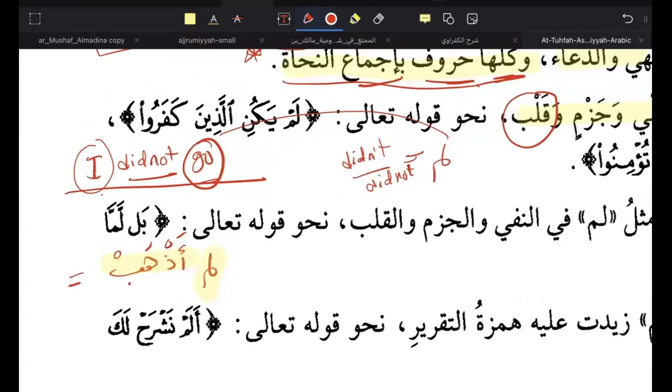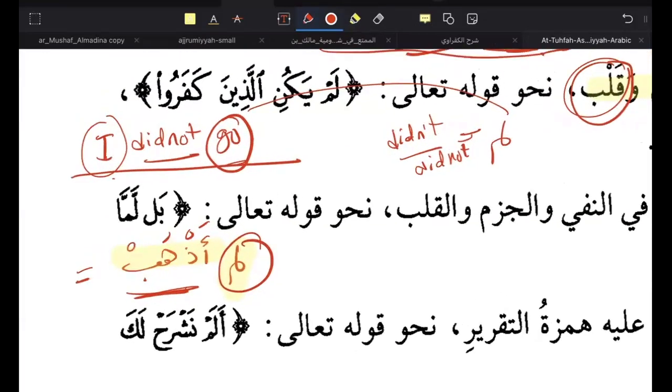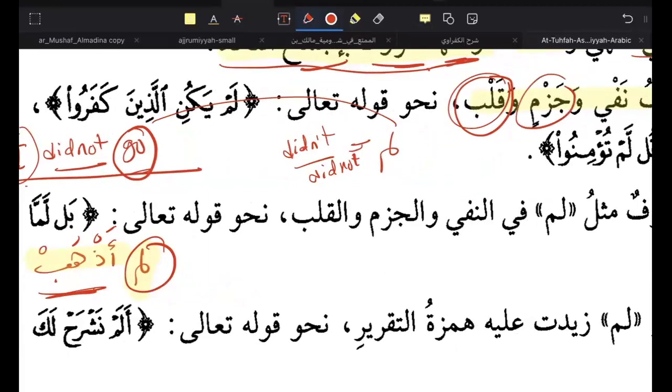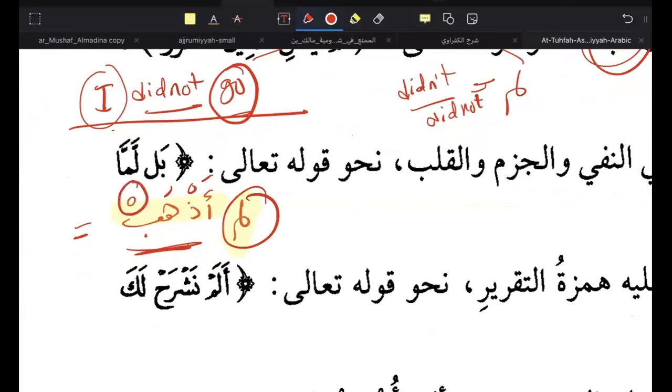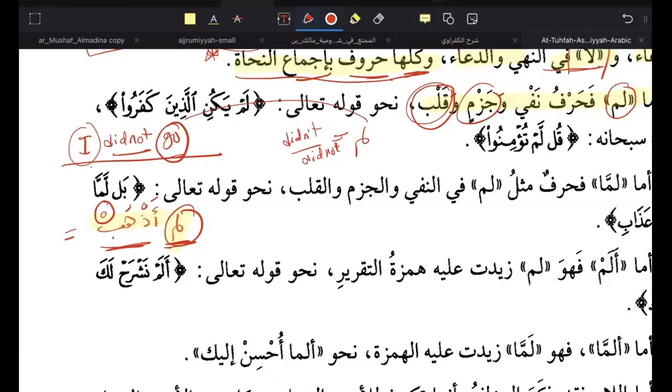So this is what he means by qalb. It changes the meaning into past. So you're using the present tense verb and you're negating the present tense verb, but the meaning changes to what? Meaning changes to past. Okay, so that's what he means by qalb. What did he mean by jazm? Jazm, he means by that you will make the verb into majzum. And nafi, of course, it means that you're negating. All these three words have a meaning, and when you combine them, that's when you understand what the lam is